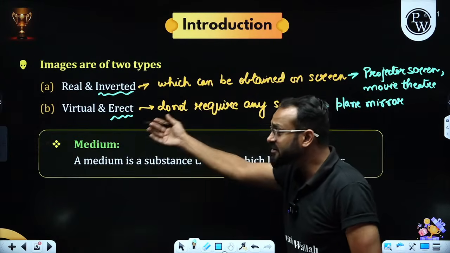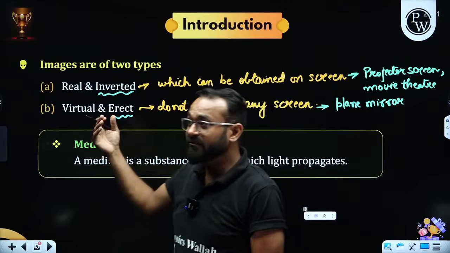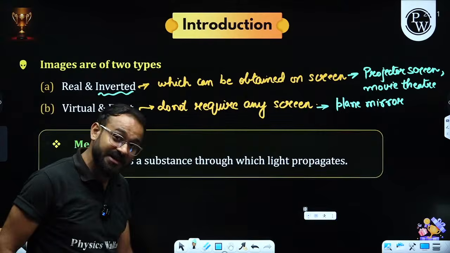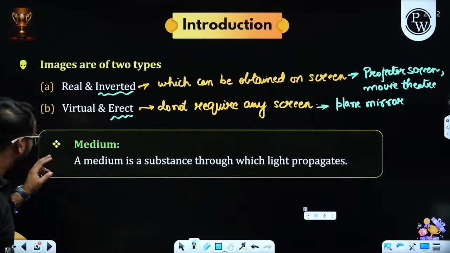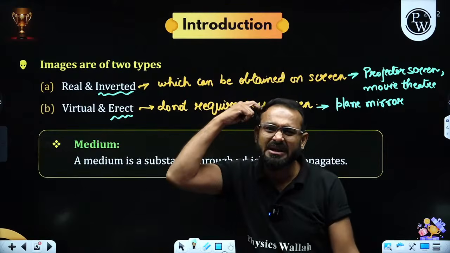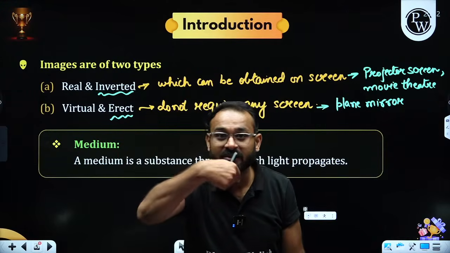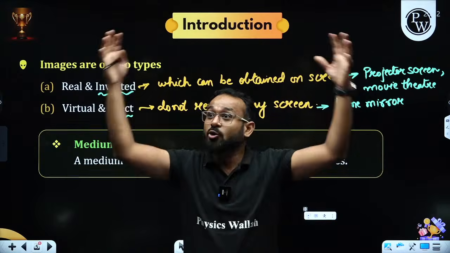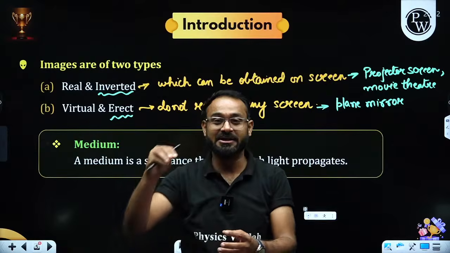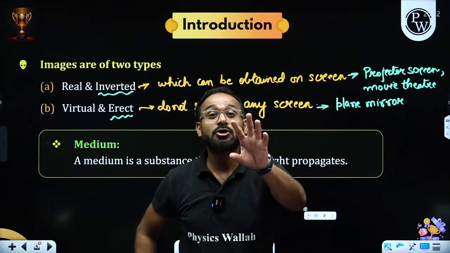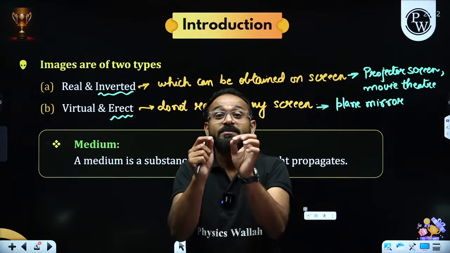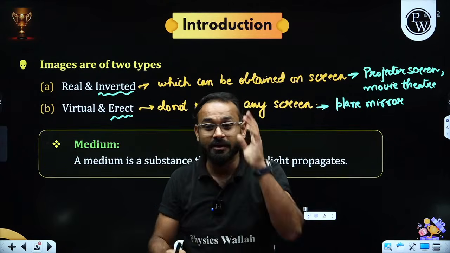Second thing, what is a medium? Very good answer. Those who are writing convex mirror, that is another example of that. Very good job done. Over here, the medium is the substance through which the light propagates. So that means the light is traveling in the air medium. What is that medium through which I am surrounded? Air medium, sir. You are not doing scuba diving, sir. You are not underwater, sir. You are in the air medium. That means the substance through which the light is propagating is called the medium.